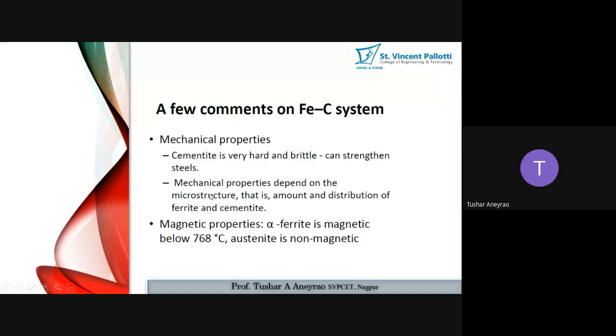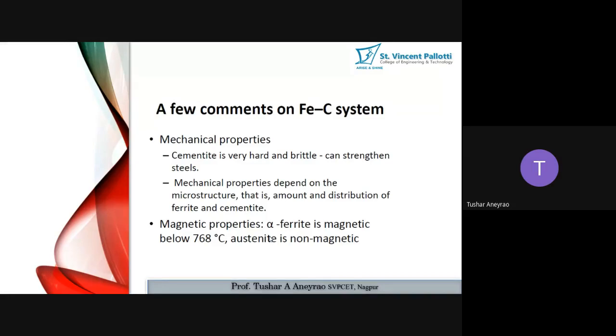Mechanical properties depend on the microstructure. This is very much important. I have said to you that we have to change the mechanical properties. For that, you have to understand the microstructure we are discussing right now, and the mechanism behind the formation of that microstructure. Just now we discussed the formation of the eutectic mixture, how that microstructure behaves, and how just by changing the carbon percentage or temperature you can get different phases in the eutectic reaction.